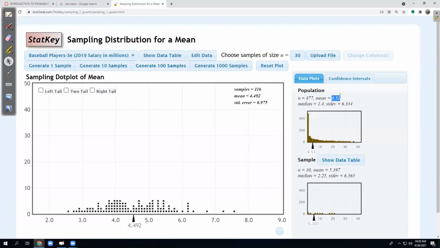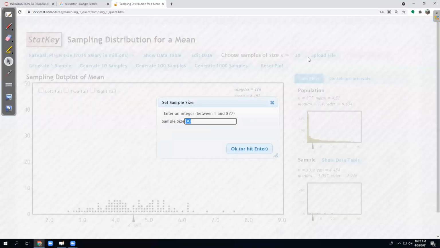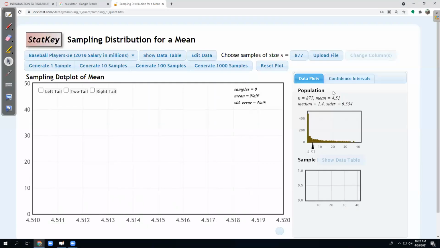Will I ever get that as the exact center with random sampling? We'll get pretty darn close. The higher the sample size and the more samples you do, the closer you'll get. Right? If I made my sample size 877, that's obviously the whole population, and I'm going to get the exact same